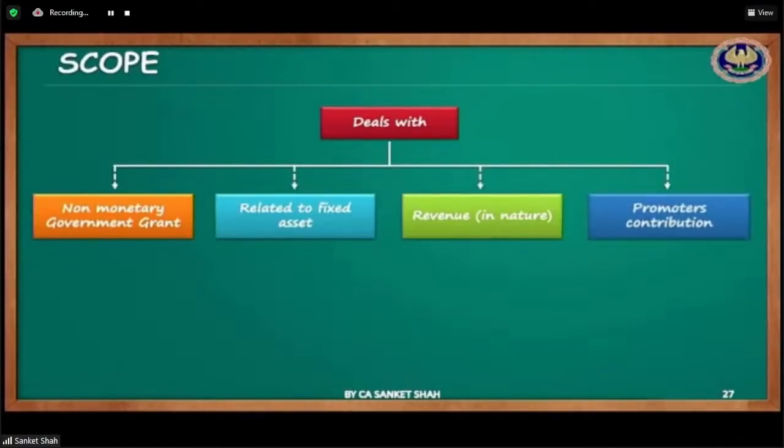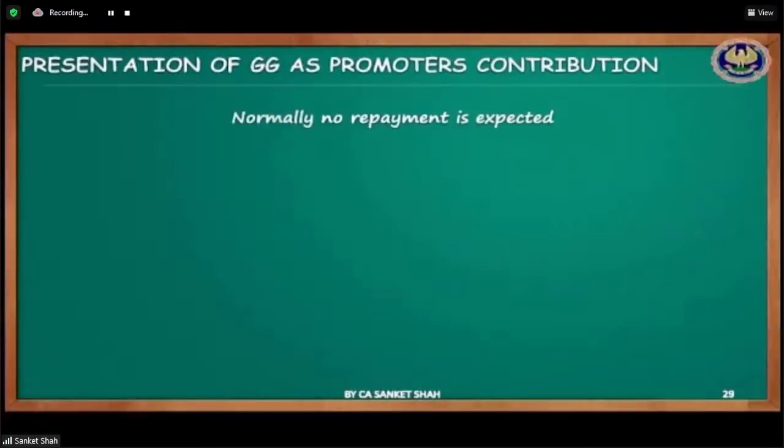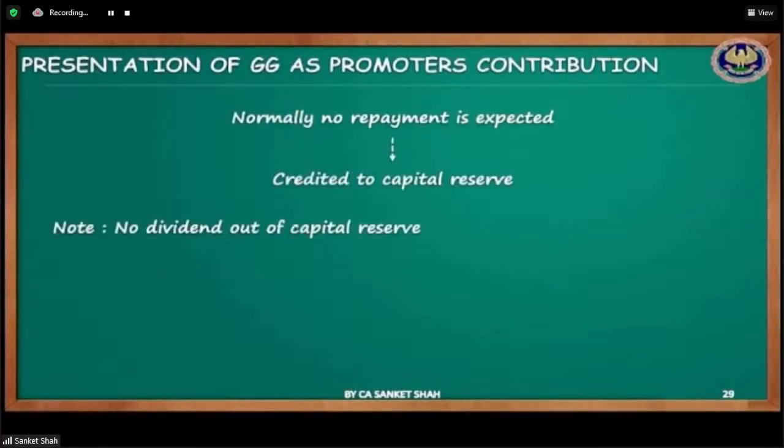And the last one is related to promoters' contribution. Promoters' contribution, normally no repayment is expected. So promoters means they will not participate in day-to-day activities, but they will help you out. So government is giving you some push, that you get a little support to run the business ahead. So government is contributing as a promoter, and they won't participate in your day-to-day activities, but this is just help from the government side. So normally no repayment is expected, and this will be credited to capital reserve and